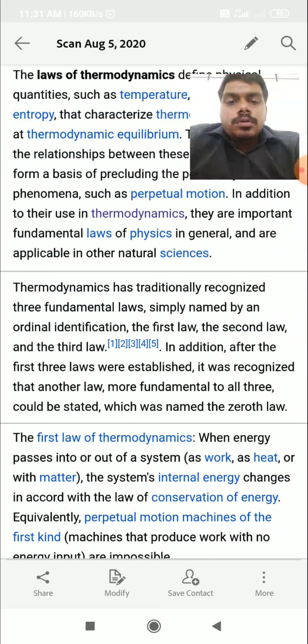Next video we will start with Carnot. What is the Carnot cycle? It is also a simple topic. If you do not understand, you can search on the internet or refer to standard books. No need to worry about this topic. In the next video we will learn what the Carnot cycle is, and we will start with what a thermal power plant is, how the thermal power plant works, and what the components are.